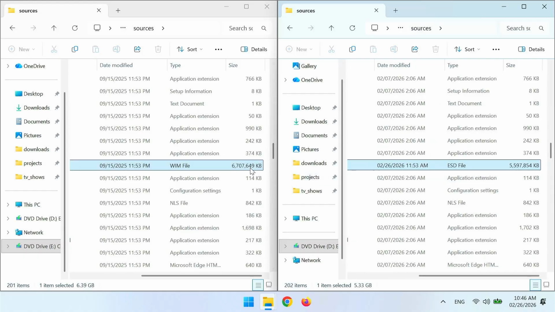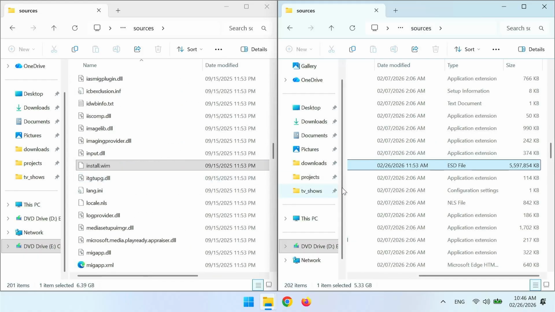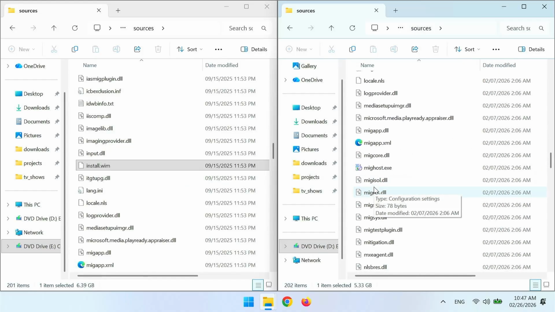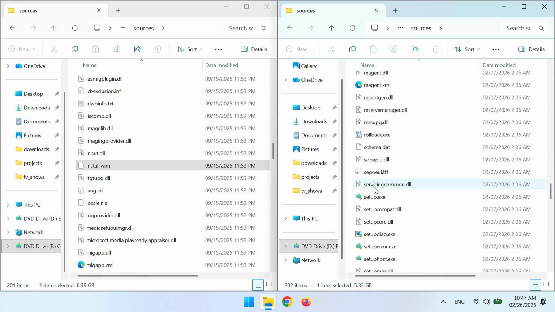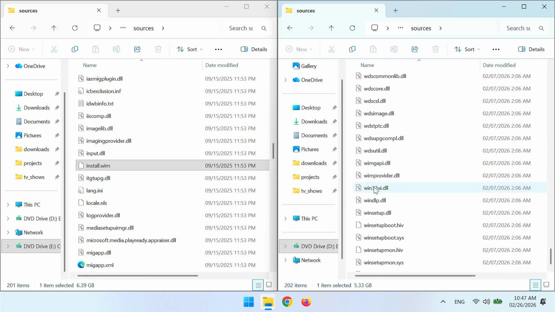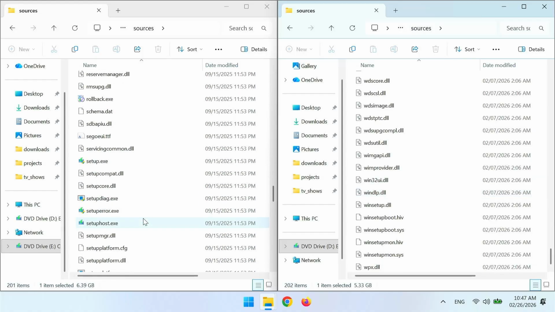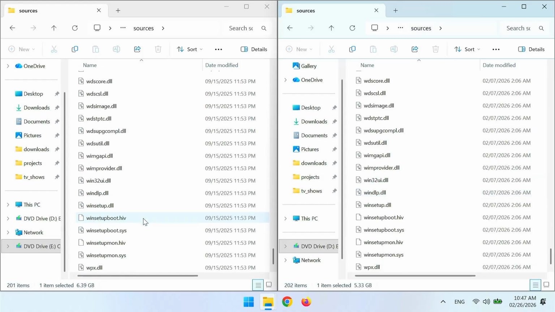Install.wim is the larger file because it is not as highly compressed. However, this is its plus: it is easier to work with. If you want to use DISM commands, add drivers, remove components, or make a custom Windows ISO, this is the better option. So if you just want a clean installation of Windows, without making any modifications,